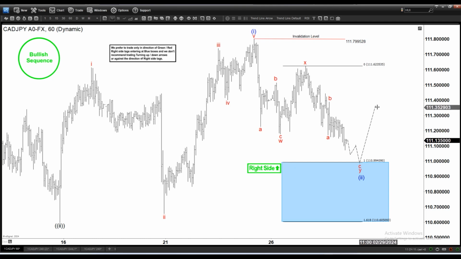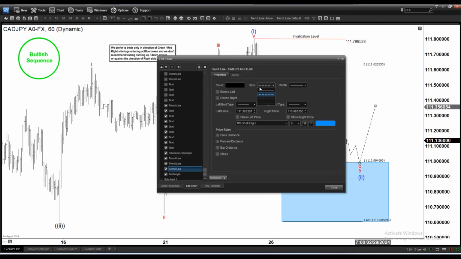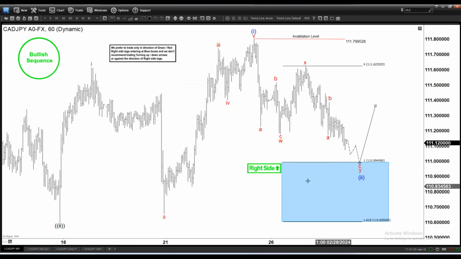Okay, and right here we got this pair ending with 2 here, and then now doing it with 1 at 111.8, and now looking for it to pull back into this area, which is a double zigzag WXY structure here. So we got ABC, the first zigzag, and then we have what we call the connector. So this ABC ending W, and this is the X, and then now we're going to be looking for another 3 waves down